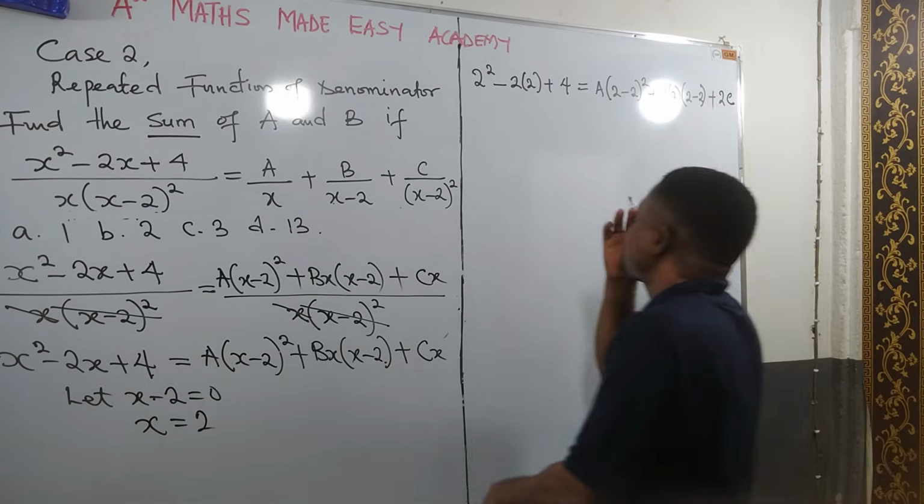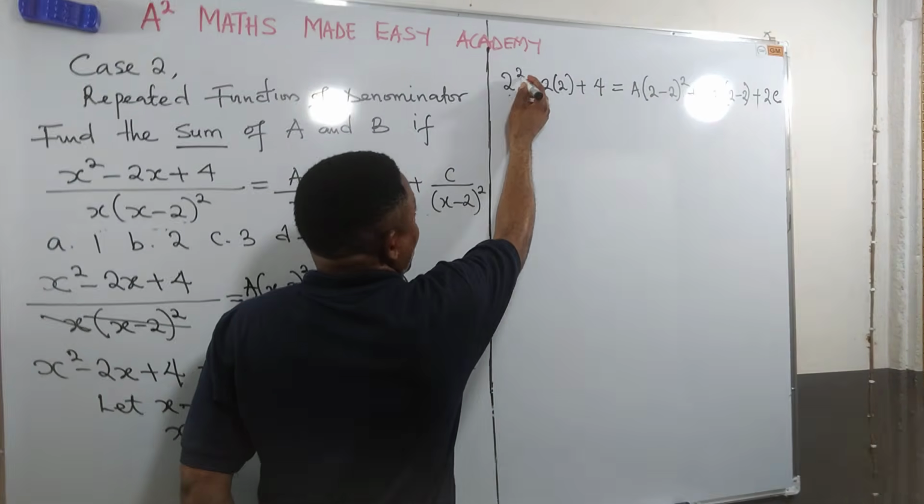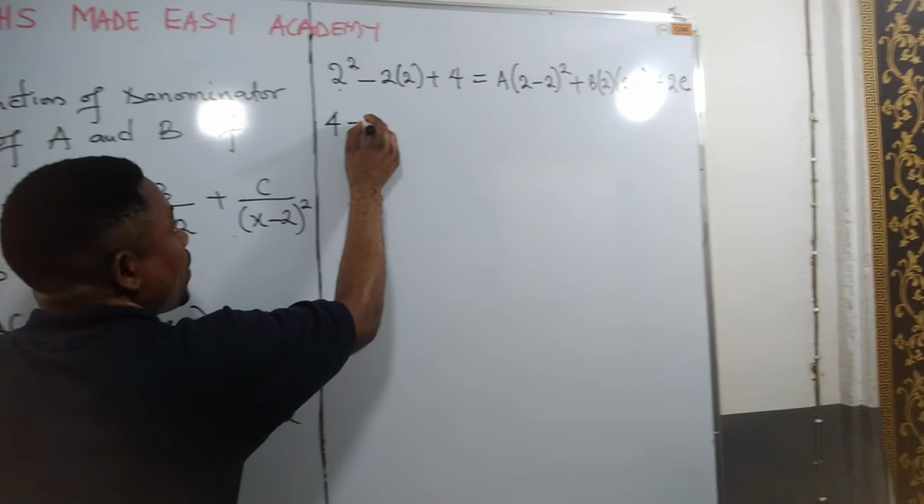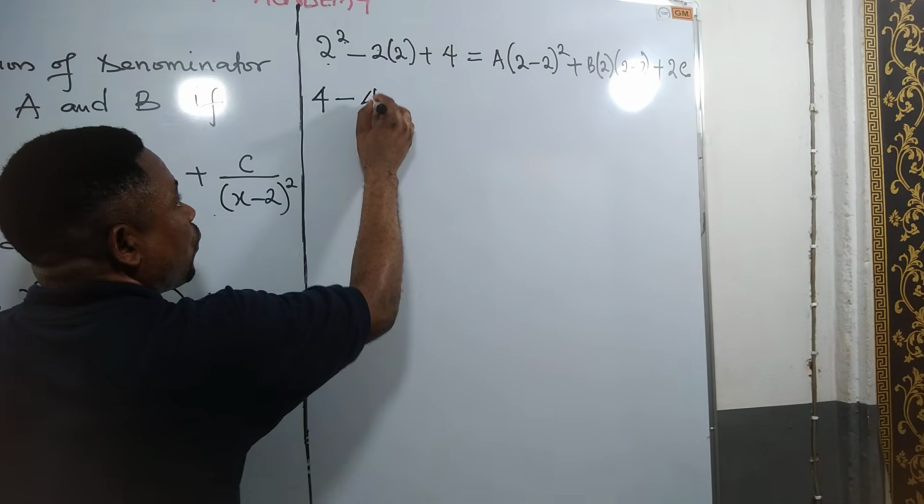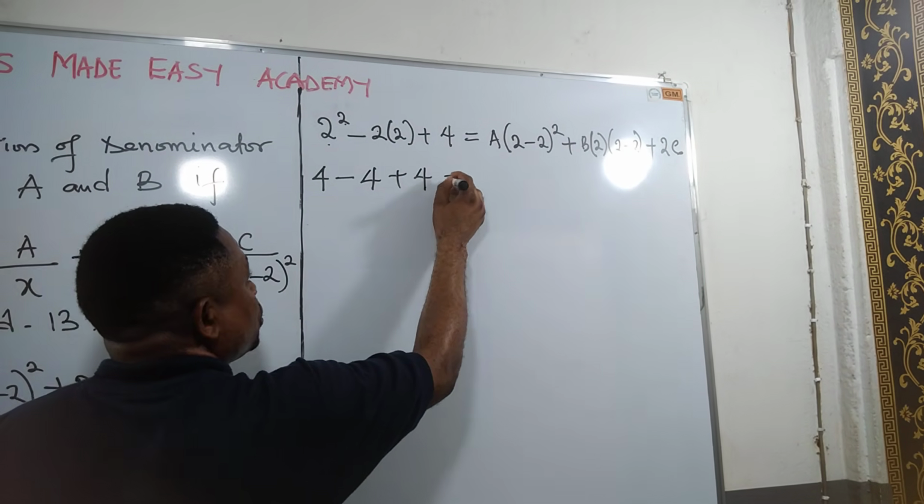2c. Now, if you observe this, you agree with me that this is 2 squared. What is 2 squared? 4, right? Minus 2 times 2 will give you 4. Then plus 4. Everything should now be equal to